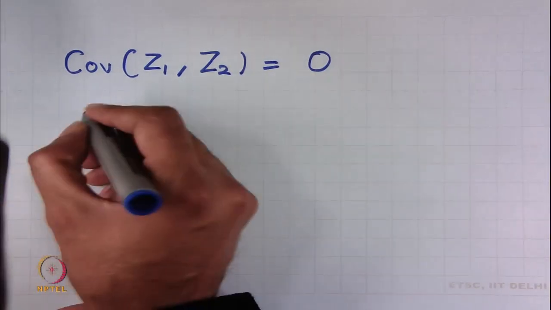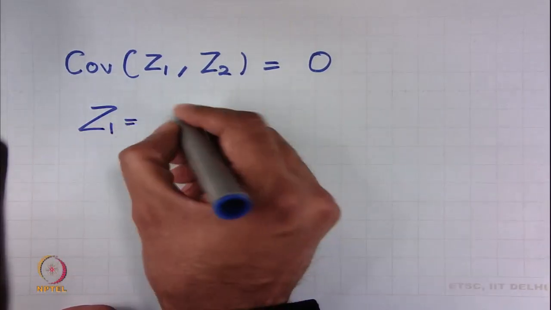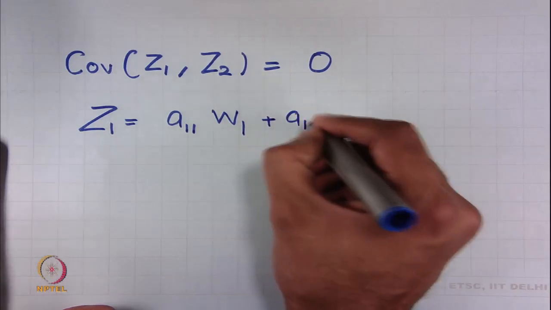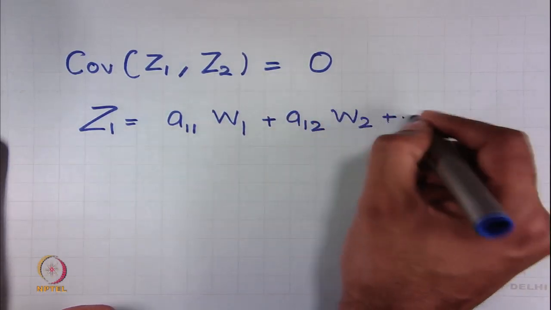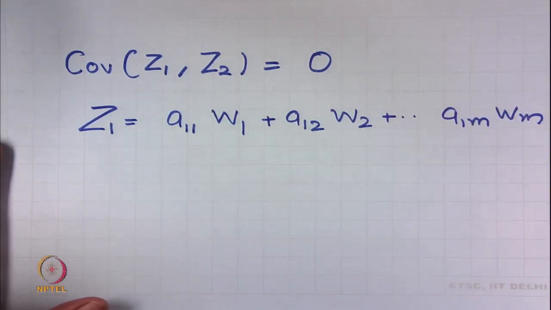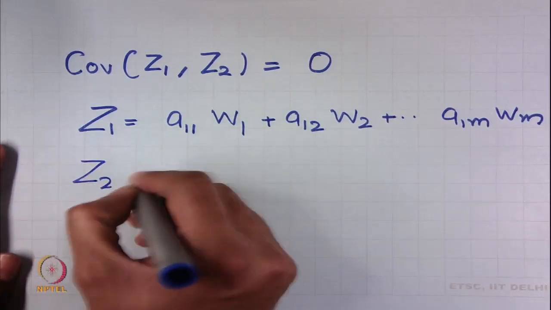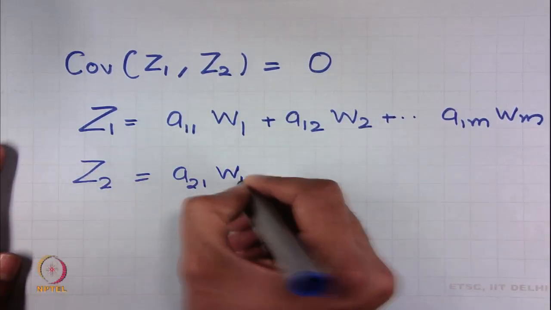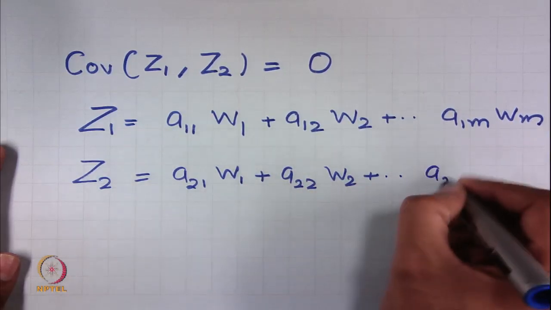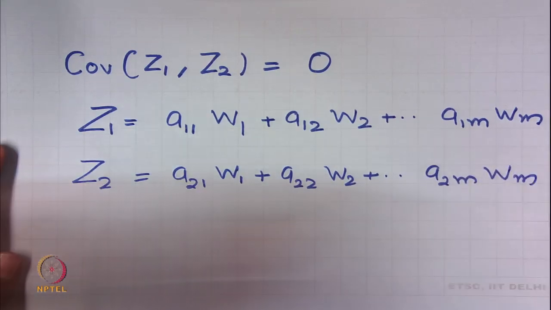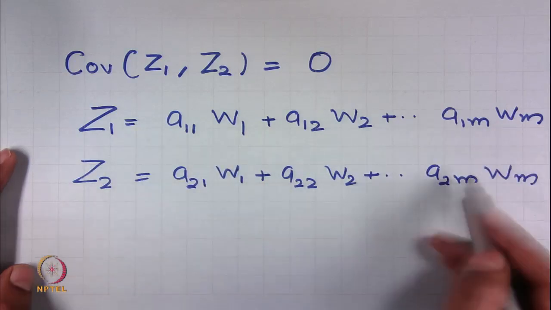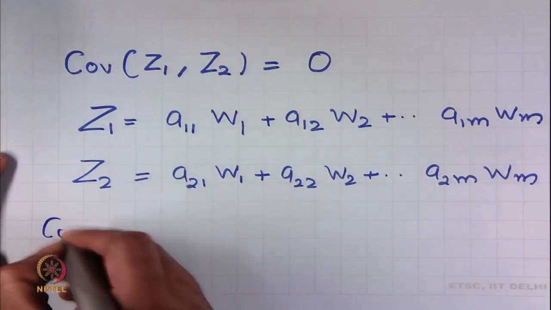So, what is z1? z1 we know is a11 times w1 plus a12 times w2 and so on and so forth, a1m times wm, and z2 is a21 times w1 plus a22 times w2 plus a2m wm. Okay. Now, substituting these expansions of z1 and z2 in this equation, we get